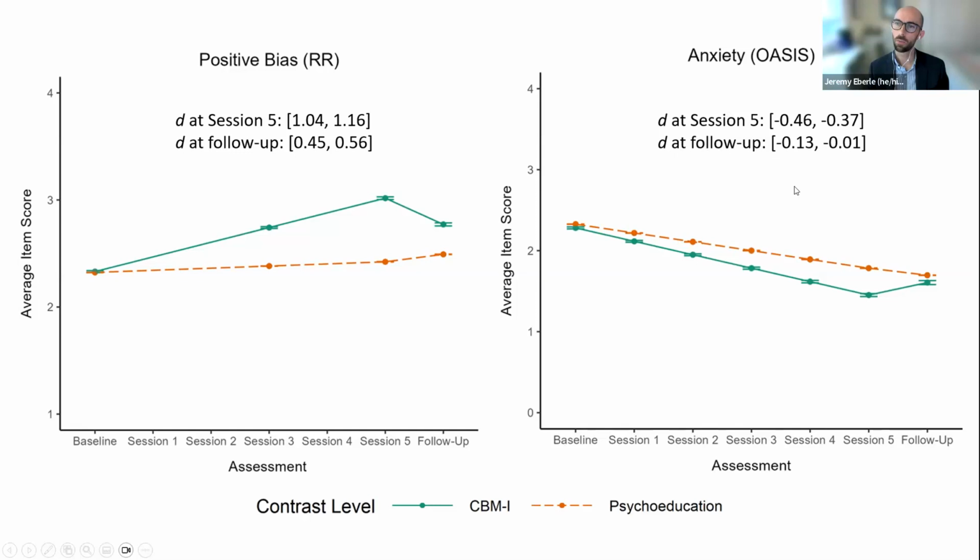And then this is an example outcome on the right for anxiety symptoms based on the OASIS measure. There's a similar pattern of results. In this case, we want anxiety to go down. So you can see that the CBMI group has a steeper decreasing slope than the psychoeducation group. There is still a significant loss in treatment gains from session 5 to follow-up, and there's a small yet significant difference still between the groups at follow-up. So a small to medium effect size between the groups at session 5, and then a much smaller effect size at follow-up